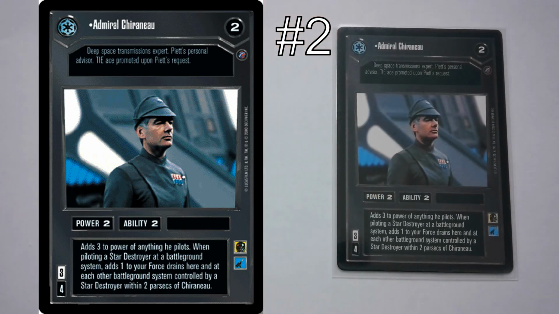Anything. When piloting a Star Destroyer at a battleground system, adds 1 to your force drains here and each other battleground system controlled by a Star Destroyer within 2 parsecs. Now, suddenly, you can have a Star Destroyer deck and not be completely impotent. Before, you would have Star Destroyers. Oh, your Star Destroyers are occupying Tatooine. Have fun with your force drain for 1. Suddenly, you can have